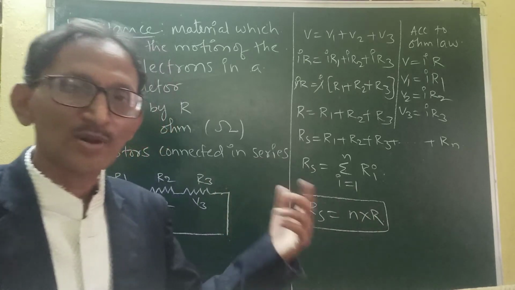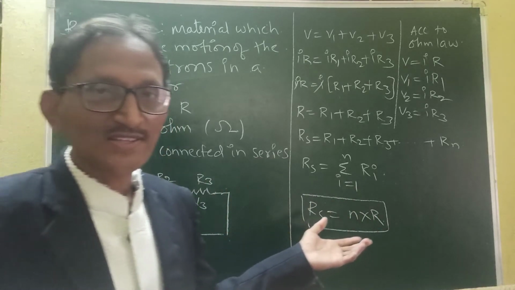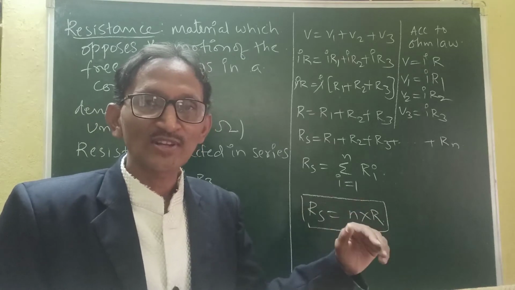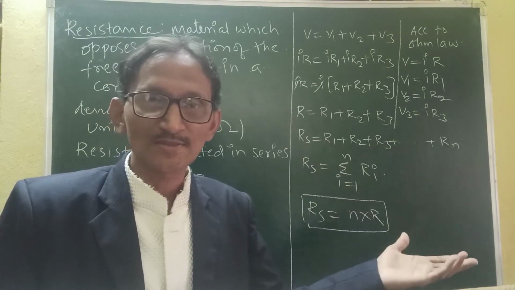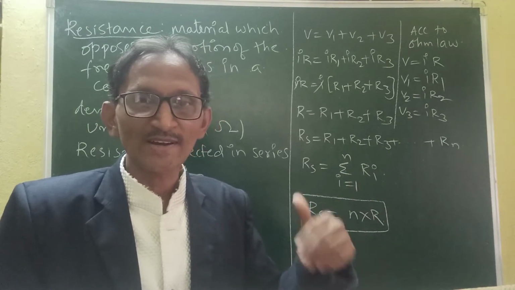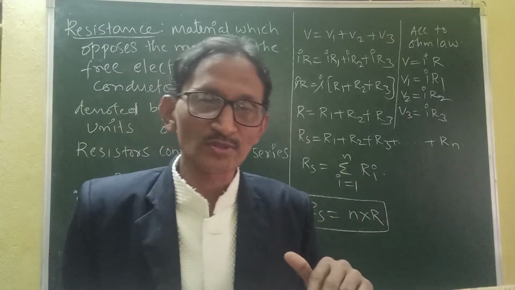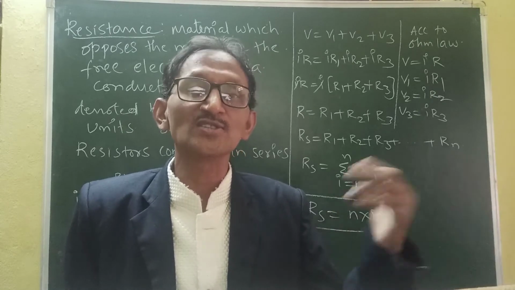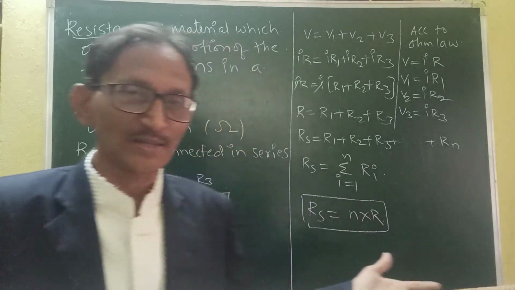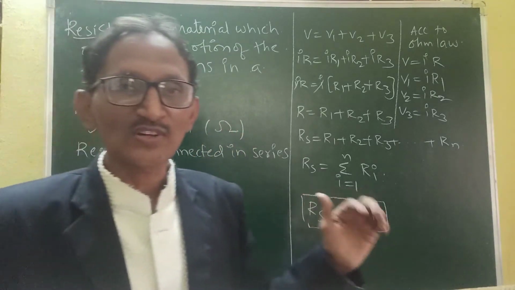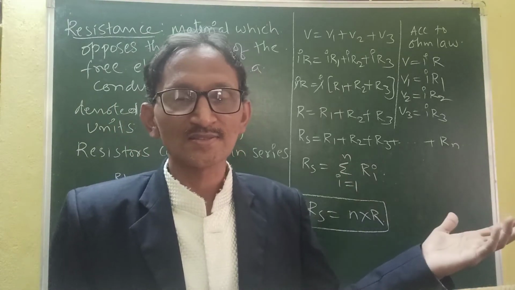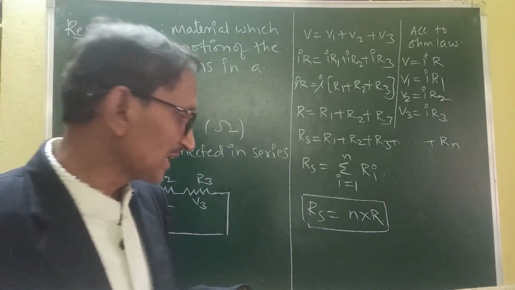So we can create a number of problems out of this. If the resistors are connected in series, what happens to the effective resistance? It will increase because we are adding. 2 ohms is added to the second resistor of 2 ohms and the third resistor of 2 ohms, 2 plus 2 plus 2 is 6 ohms. So the effective resistance is increasing. So in the series combination the effective resistance always increases.